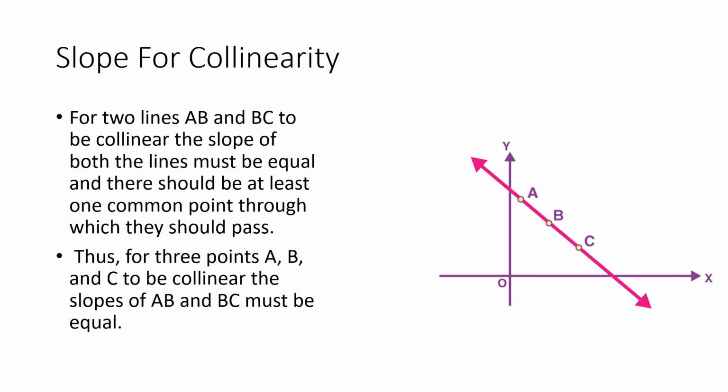What can be the case of collinear lines? Here even though you can see a single line segment, you have to understand that you can consider AB as a line segment and BC as another line segment which fall on the line AC, right? So here both the lines are on the same line and there should be at least one common point through which this line passes. The common point here is B. In this case, the slope of AB as well as BC are equal.